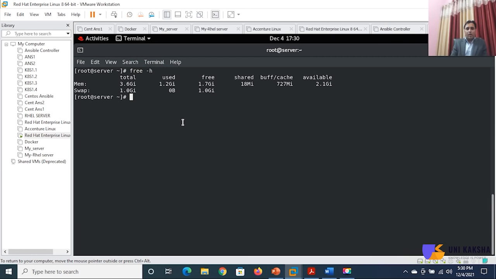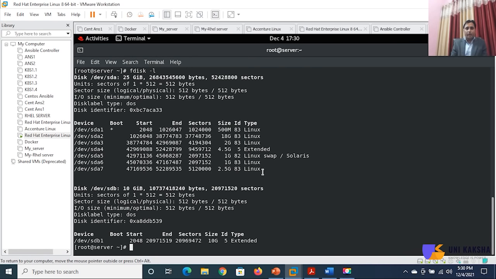So now the point is that I want to extend my swap. How do I do it? fdisk -l, okay. Now on this disk, I don't have any space. Because you know, when you are creating a swap space, you have to take space from the disk, but this disk is full.